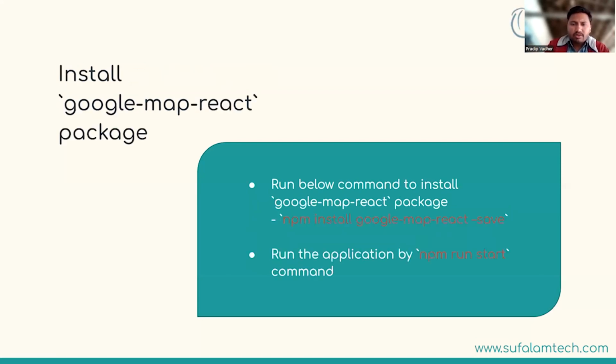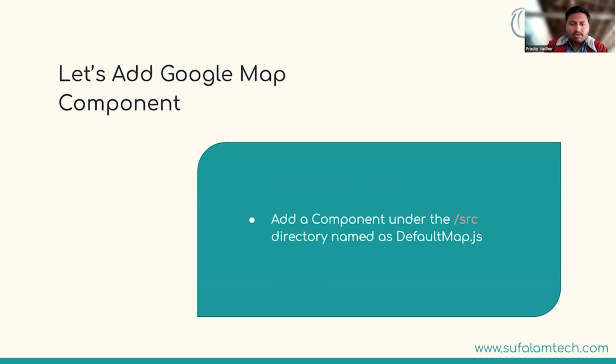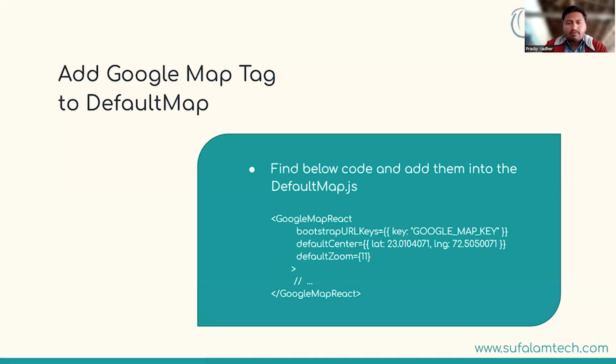After that, we have to install the Google Map React library from npm. For that, we have to write in the terminal npm install google-map-react and hit enter. After that we can run the project. For that we have to add a component where we can write the code for the map. So I created a component, DefaultMap.js, under the src component, and for that we have to add the below code, in the form of a tag, in the DefaultMap.js file,